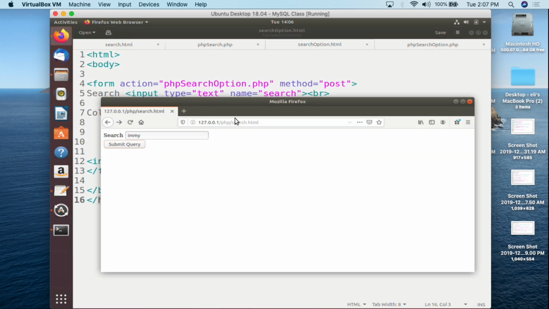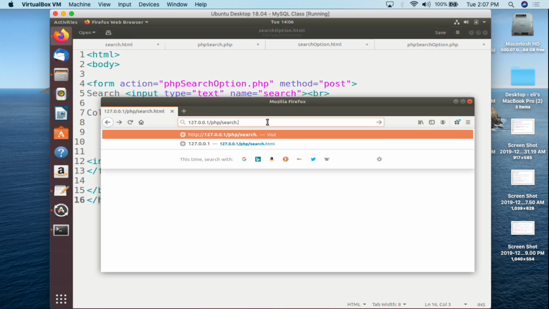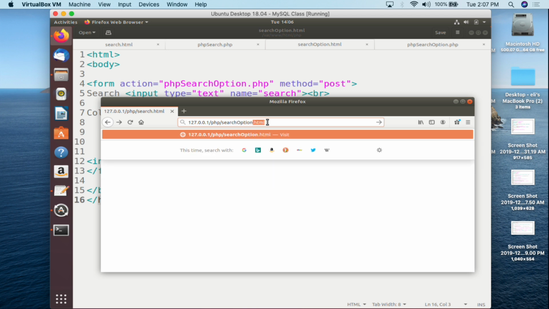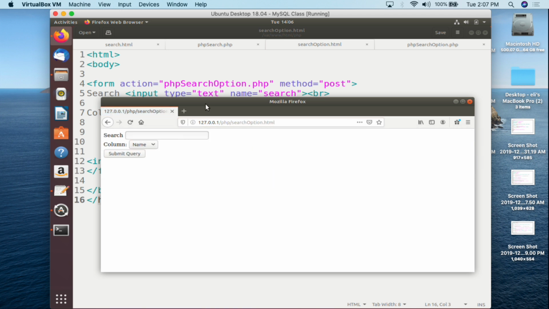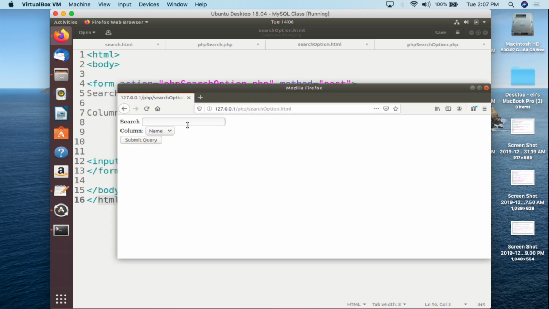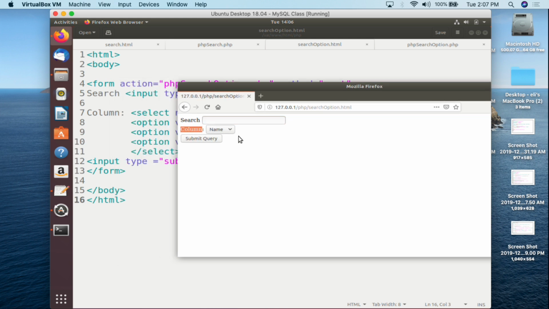So if we go over, again, we do search, option this time, .html, and this is what this looks like, right? So basically we've got the search box here, search as we had before with whatever in there. We have column, so that's this here, and it defaults to name, so I can put a name, or I can select age, or I could select gender, and then I can submit query. So I plug in something here, and then this is where I say what column I want to search with that. So let's go over and take a look at the PHP search